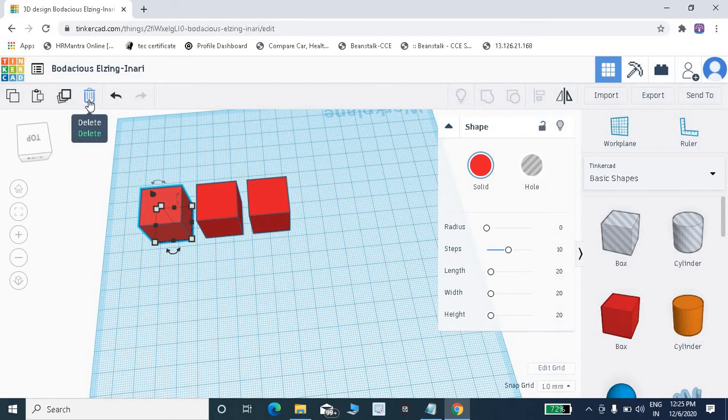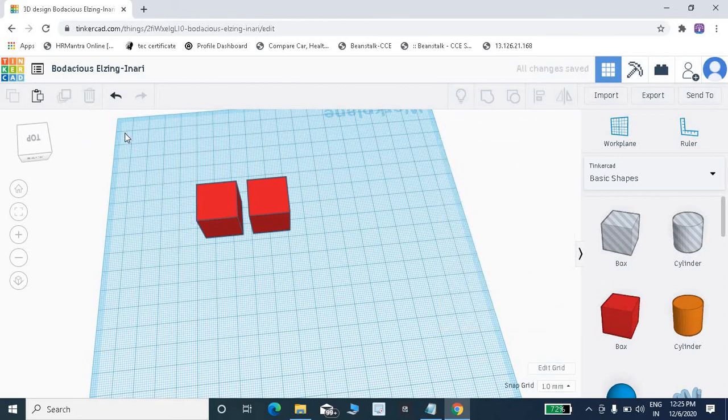Then this one, delete. If you want to delete any object, first of all you have to click on that object and click on the delete option. This is the undo.